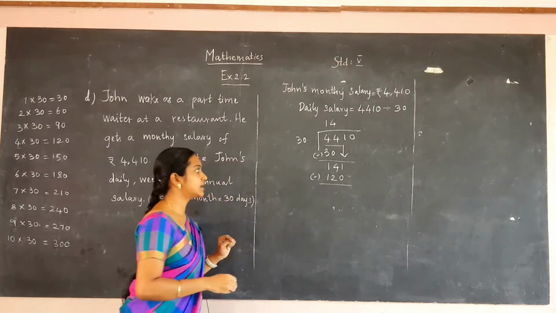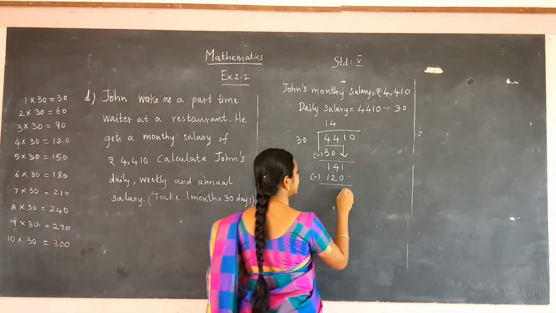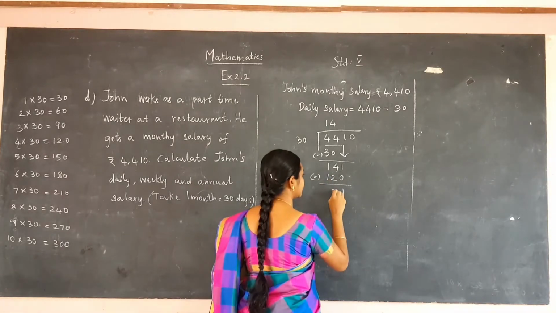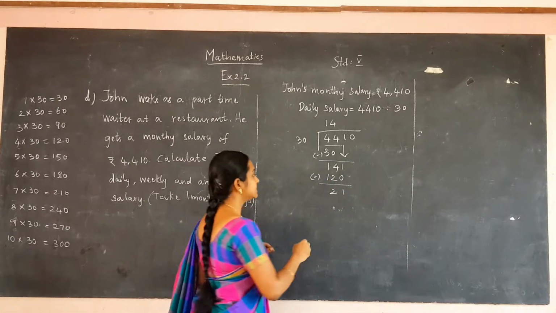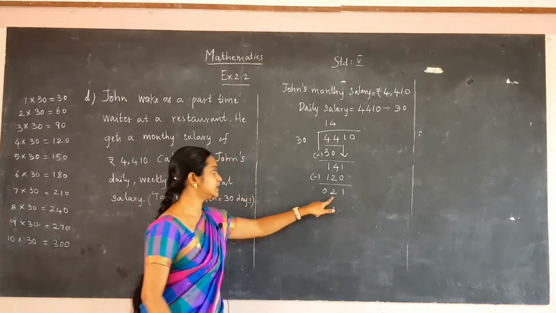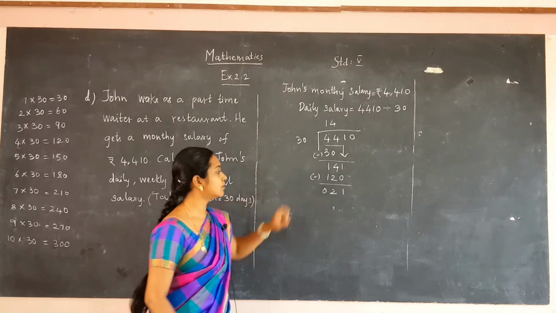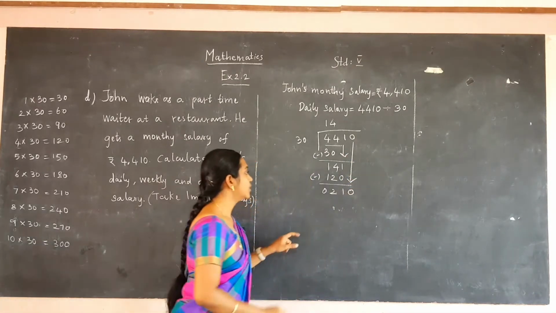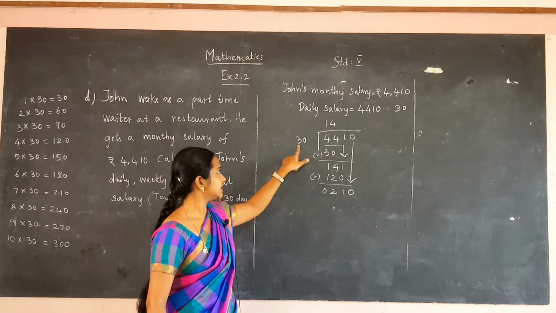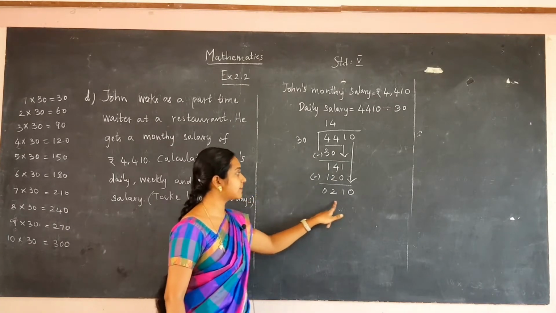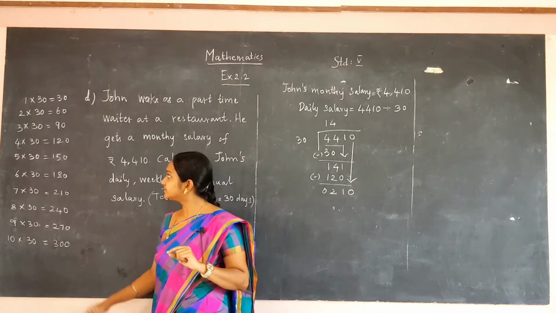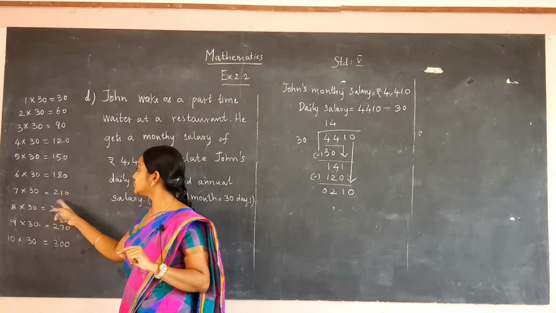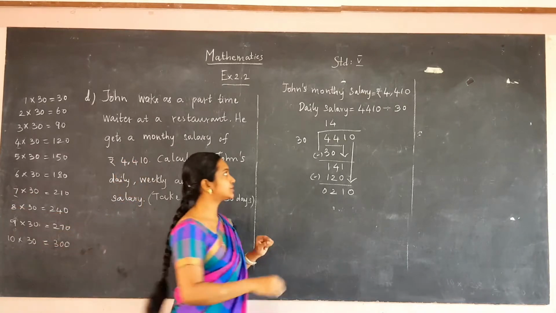Now subtract these two numbers. 1 minus 0 will be 1. 4 minus 2 will be 2. 1 minus 1 will be 0. 21 is less than 30. So bring a number from above, that is 0. 210 is greater than 30. So we can divide. Now choose a number nearer to 210. We have 7 into 30 equal to 210. So put 7 in the quotient